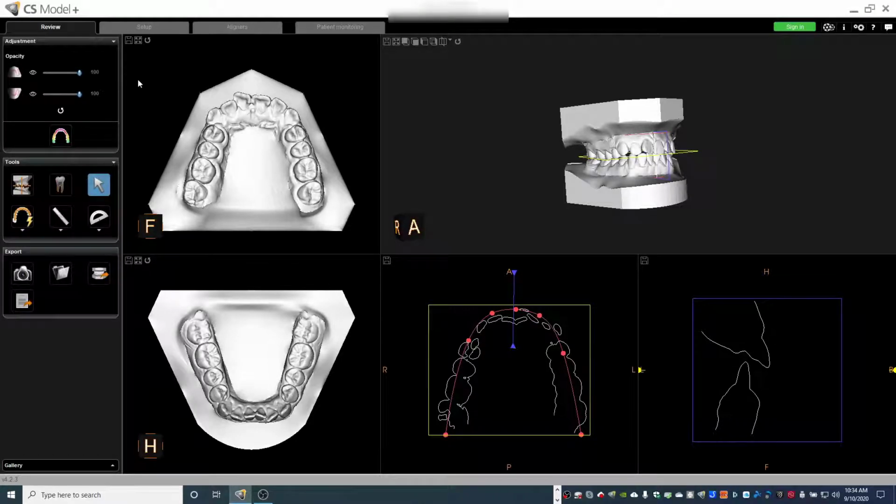Okay, I'm going to show you some of the advanced capabilities of the CS Model Plus software. This is what it looks like when you launch the software. This is an actual patient that I am treating with aligners, and I planned it within this software. I launched it from our OrthoTrack practice management software